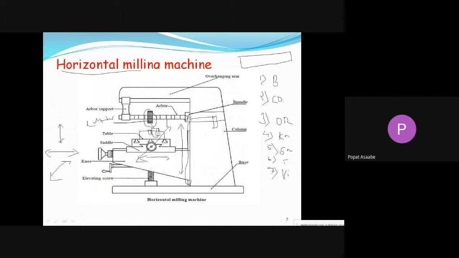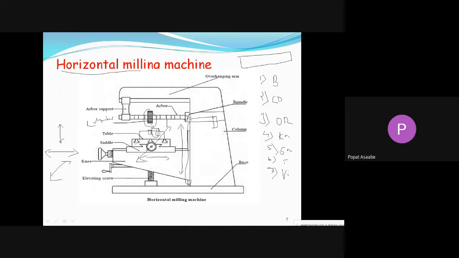Okay, when your spindle starts rotating, along with that spindle the arbor starts rotating, and the rotary motion of that arbor is also given to this milling cutter. Along with the rotary motion of that arbor the milling cutter also starts rotating, and now we are going to feed the workpiece against that rotary cutter. According to our requirement, depending on which type of operation is performed on that workpiece, we can give the feed to the table in longitudinal direction, crosswise direction or vertical direction.